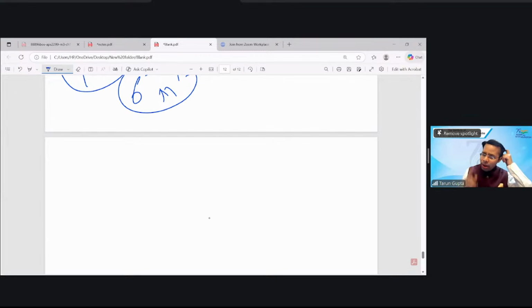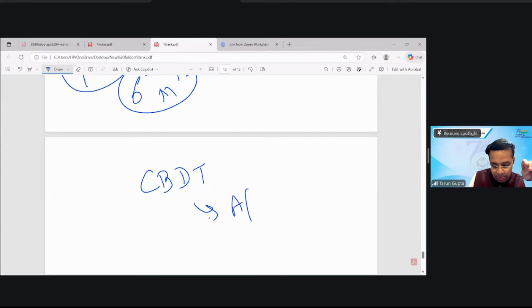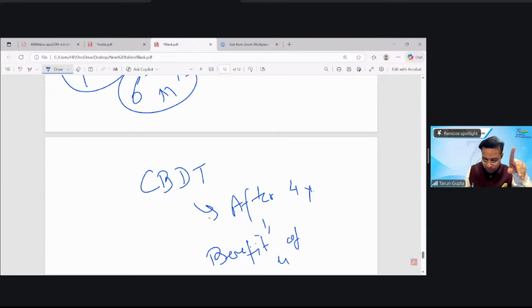Okay? But CBDT gives a relaxation that income tax authority can rectify the mistake even after 4 years. Even after 4 years. But only in which case? Only for the benefit of assessee. Only for the benefit of assessee, it can pass rectification order even after the 4 years. Okay. Now,